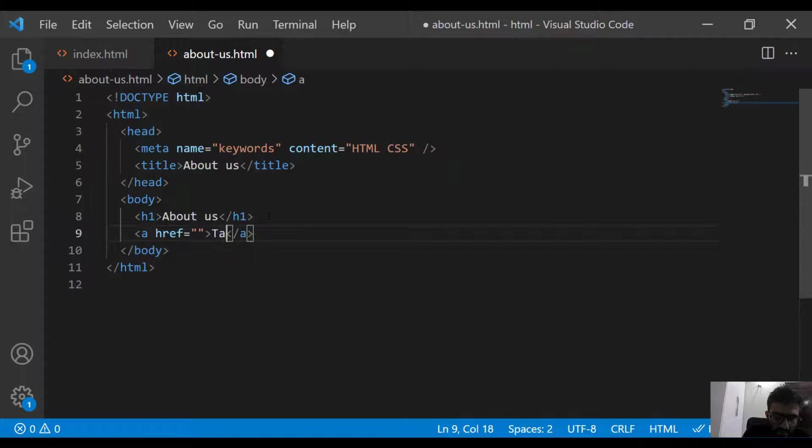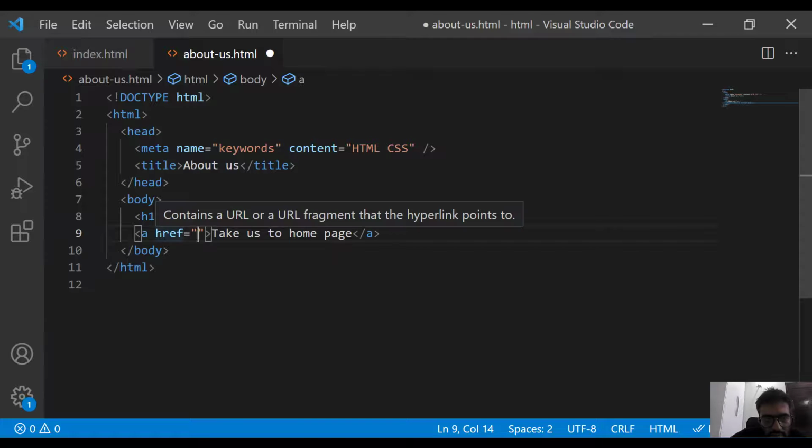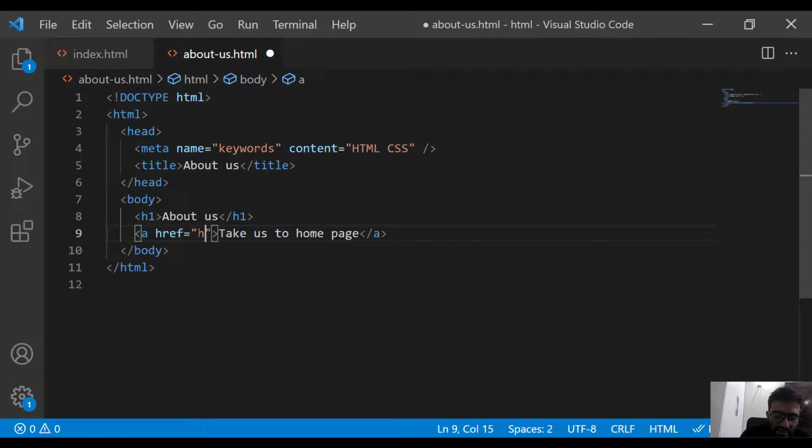Right here, take us to home page, and in the value of this href attribute we'll have to mention the name of the destination file, which is index.html in this case.